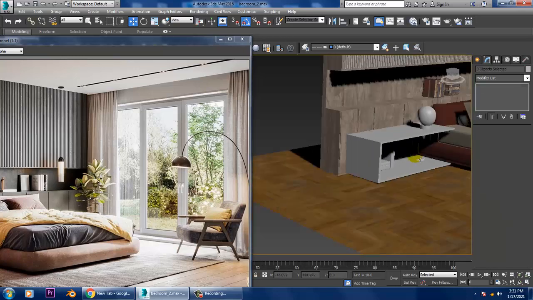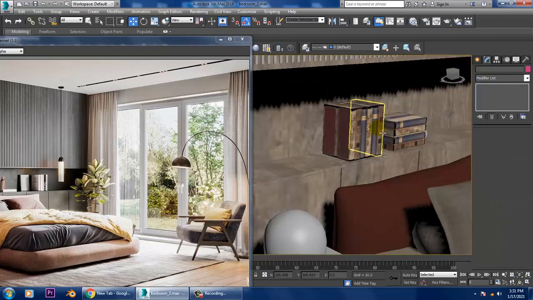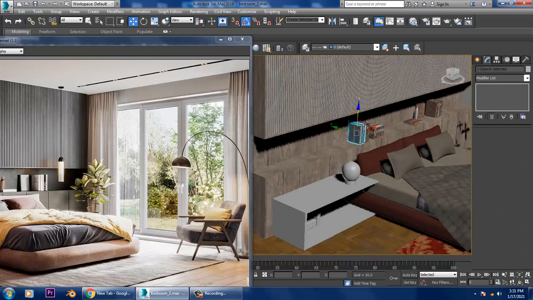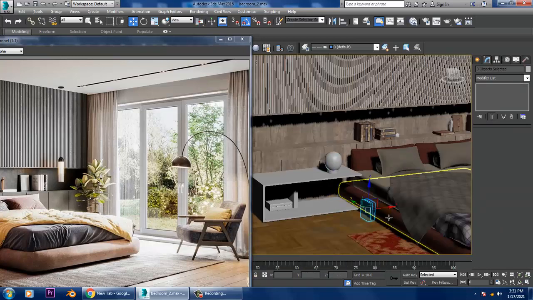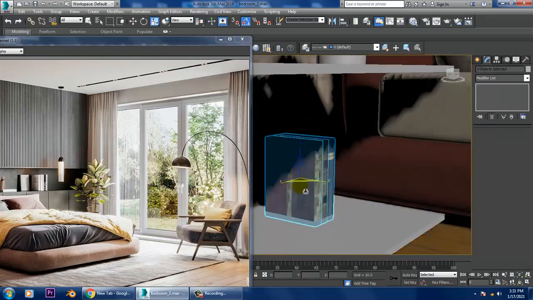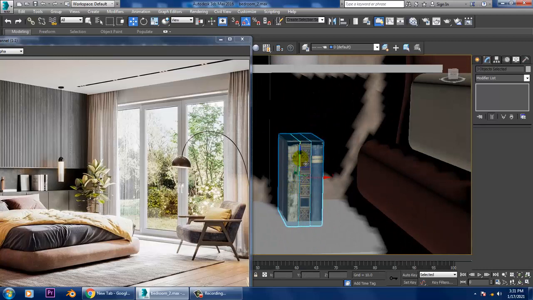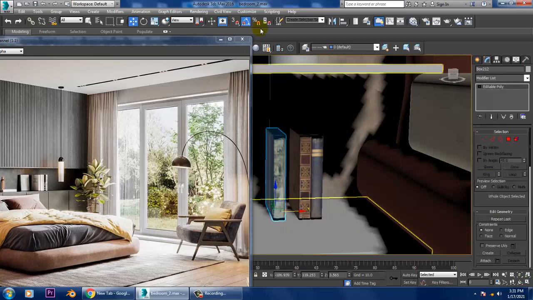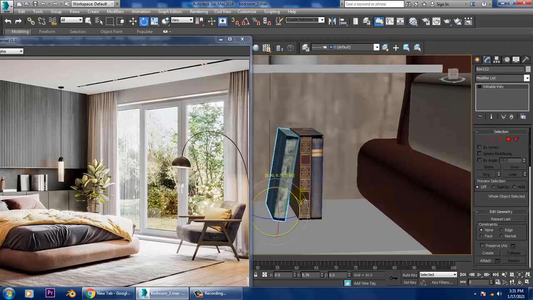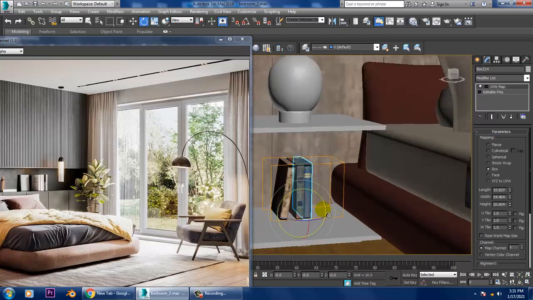Delete this, let's take these 3 books, copy this over here, push it up. Let's just slightly rotate it in this way.